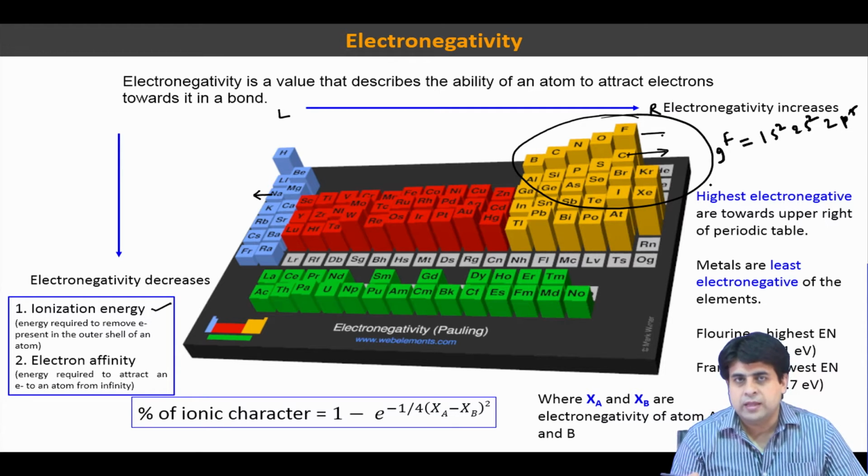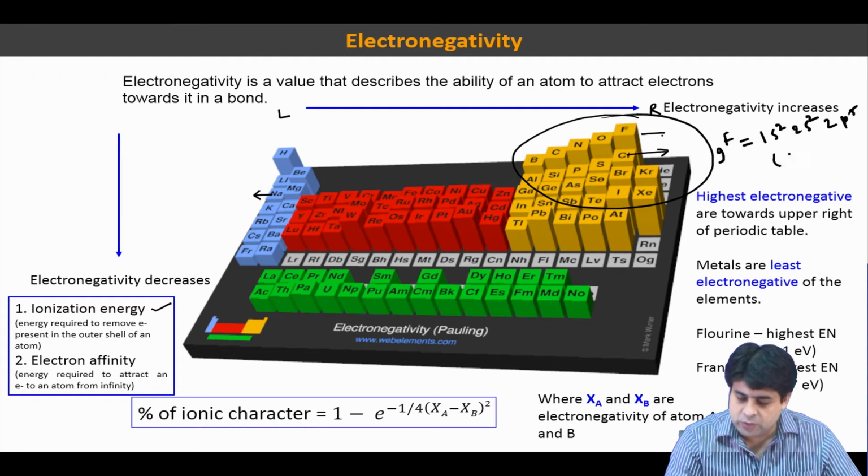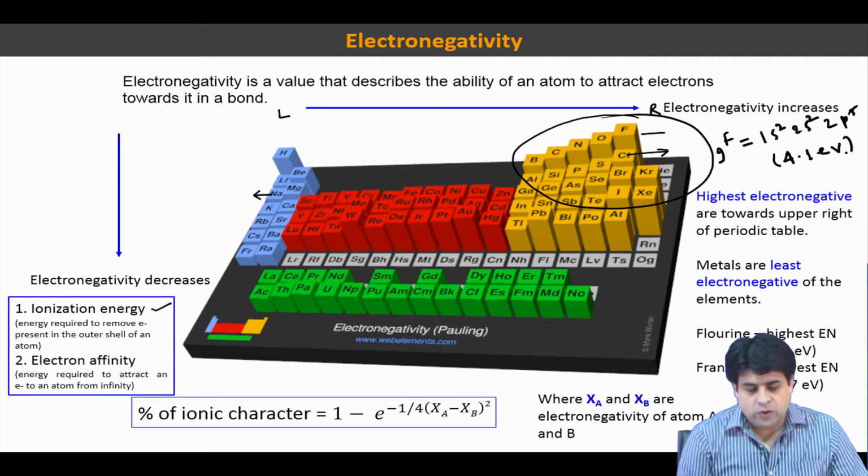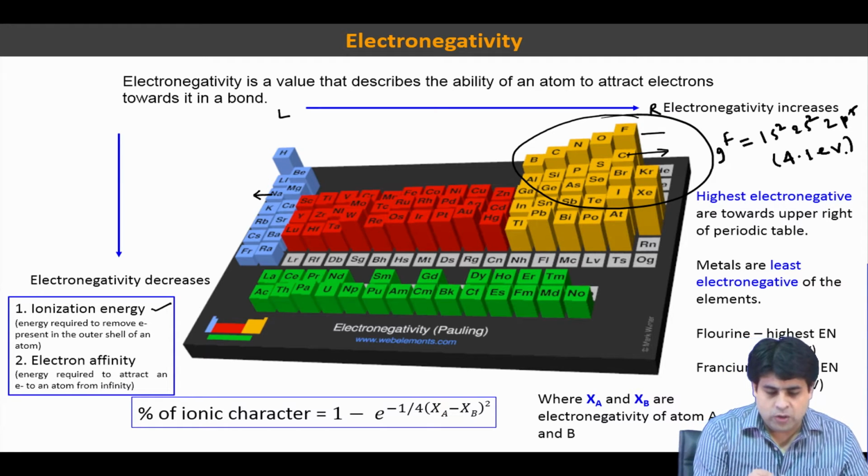In fact, fluorine has the highest electronegativity of all the elements present in the periodic table, and its electronegativity is around 4.1 electron volt. If you see the left hand side of the periodic table,